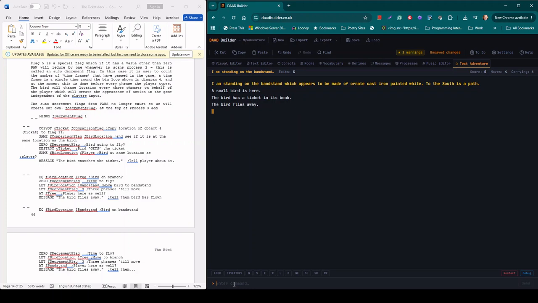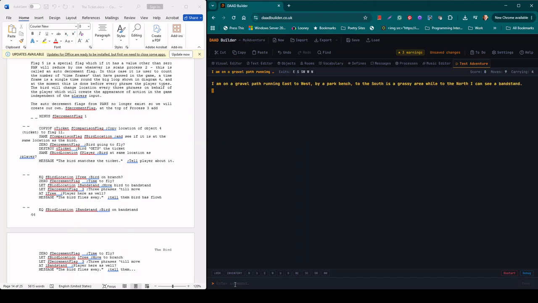Let's drop the sandwich, ready for that bird to come back, and we'll do a look, and we'll do another look, and now the small bird settles on the ground. The bird has a ticket in its beak. The bird drops the ticket to peck at the sandwich. So we should now be able to get the ticket,